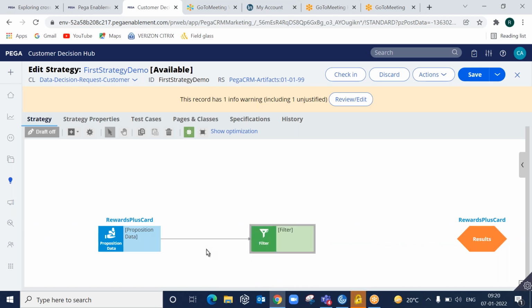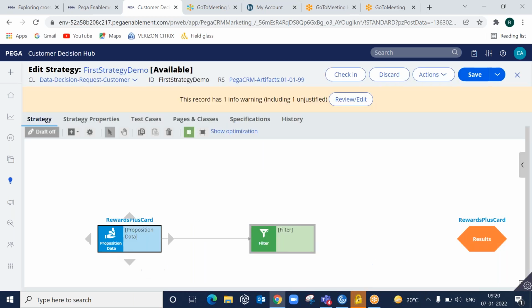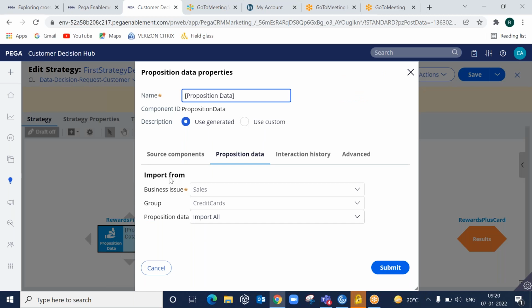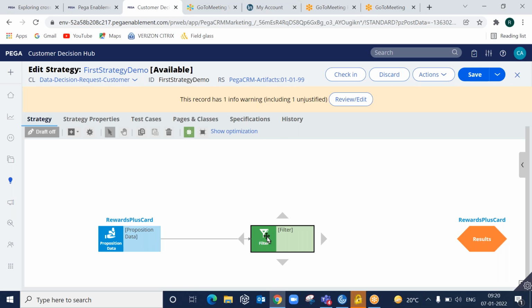For filter, the source component is proposition data. But for proposition data, there is no source component. You can see the list of source components under the source component tab. This tab is there in every component. If there are multiple incoming components, you will see multiple names here. For proposition data, nothing is there.